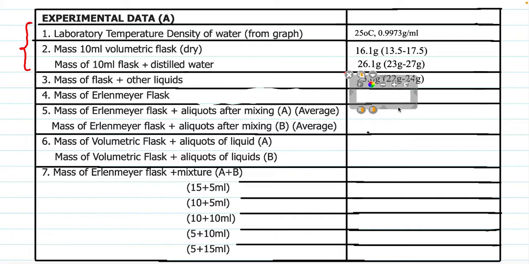So we have 32.95 grams. Now the range of values here should be 32 to 40 grams. Yeah, this is the range of values. So if your answer falls within this range for the 50 ml beaker, remember what we are using here is actually